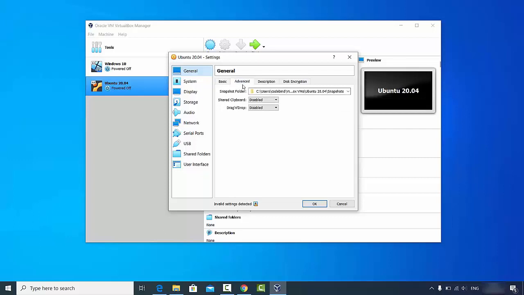Now click on Advanced, and then in the shared clipboard option, you just need to choose bi-directional, and then drag and drop also bi-directional. That will allow you to share your files between your host machine, which is Windows in my case, and your virtual machine, which will be Ubuntu, bi-directionally. So you will be able to copy and paste into your Ubuntu from your Windows operating system and vice versa. Okay, so in the description you can give any description here,